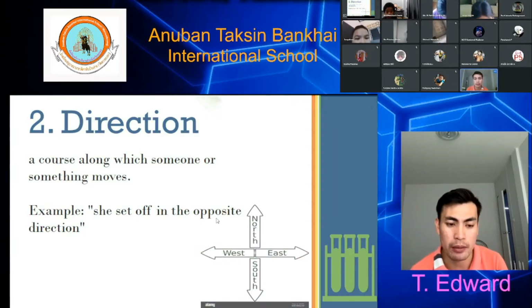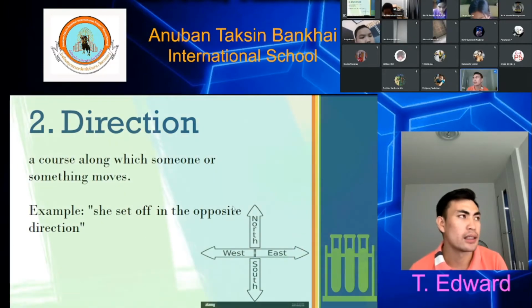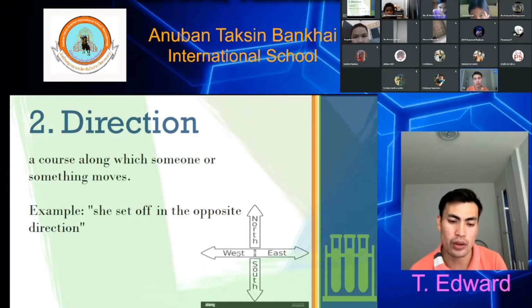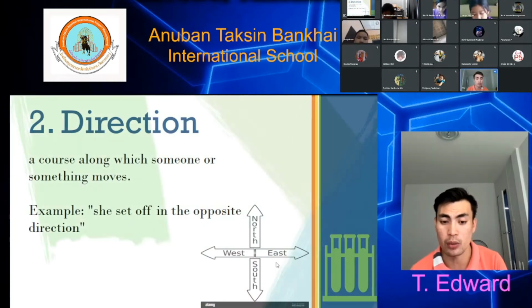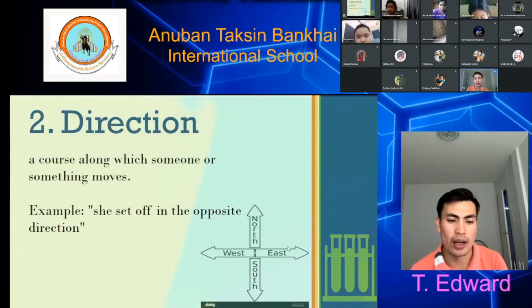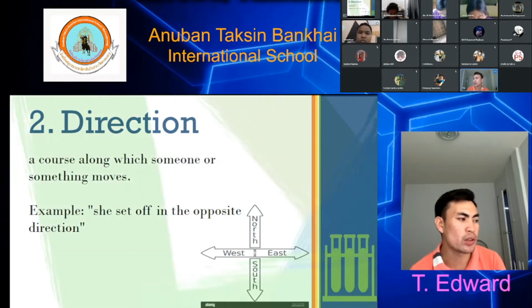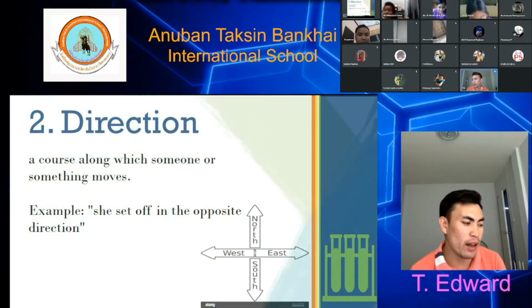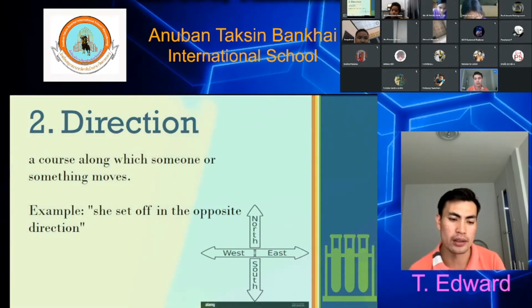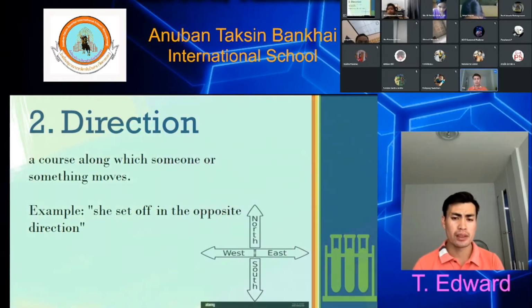So we have here the basic directions, north, south, west, and east. Like in Thailand we have north, south, east, and west, and then Rayong province is in the east, right? Yes. So Rayong province is in the eastern part of Thailand. So in simple terms, the ones that we usually use in giving direction are to the left and to the right, right? You go to the left, they go to the right, upward, downward. Yeah, so those are the basic directions.